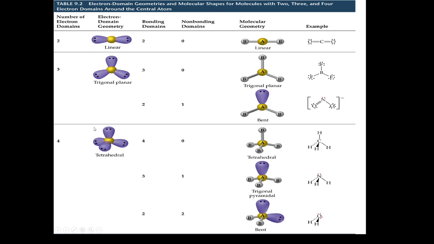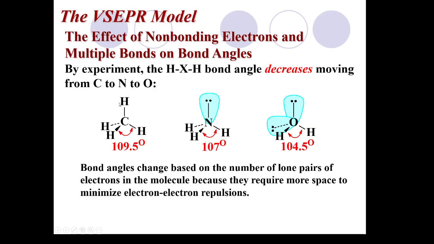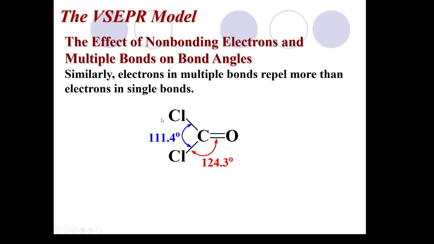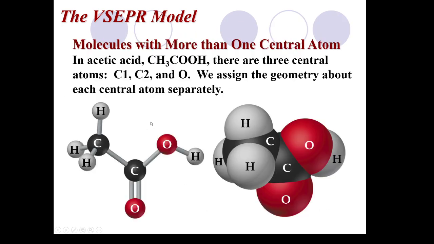Okay. Again, I'm using my Gen Chem slides for this beginning, so you're going to get a little bit more than what you were expecting, or what we need to talk about. Bond angles we talked about. Double bonds are going to change the angles. A tetrahedron is 109.5. Trigonal planar should be 120 all the way around. A double bond's going to push more, causing the bond angle to be bigger from the double bond to the single, and the singles to be smaller. More electrons, more repulsion. We don't have to worry about octahedral and stuff like that.